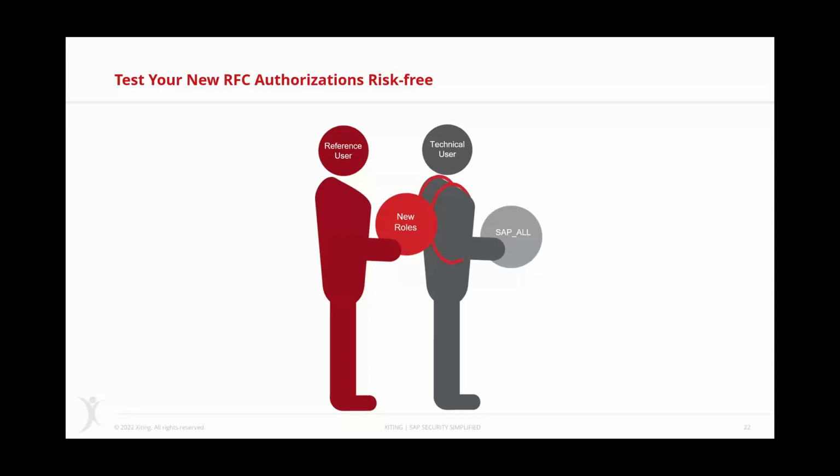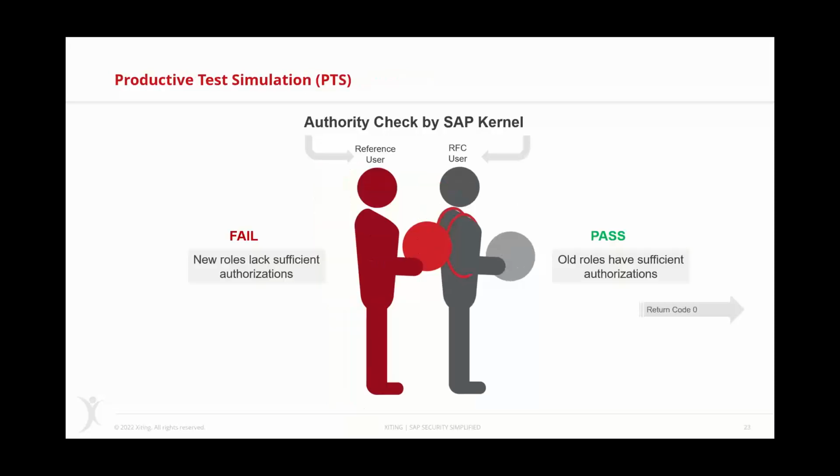There might still be missing authorizations that we don't know today that we're trying to find out. And we want to find it out directly in production. And we want to find it out without negatively impacting the interface. And that's why we use the reference user. And why do we do that? For one reason. If there's a reference user assigned to another user,